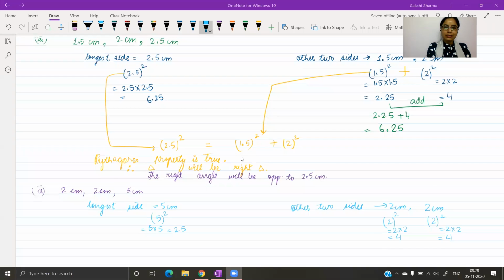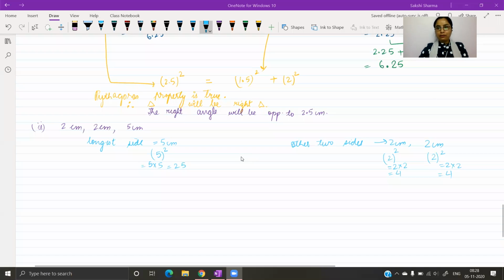That's correct, Bhavya. Second part is not true. So if you add on this side, what you will see is that the answers don't match. 4 plus 4 becomes 8. Now the values don't match. We are going to write down